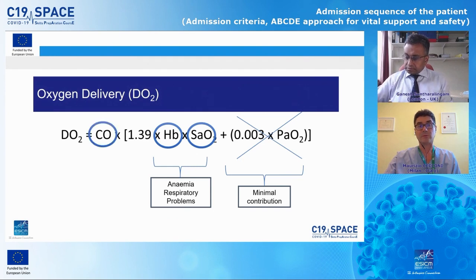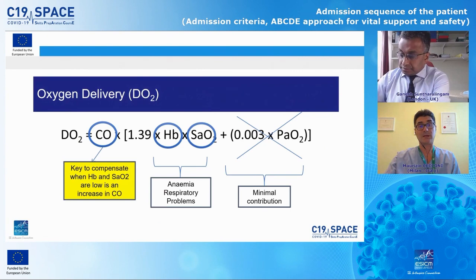But cardiac output is a very important variable in this equation because it is one of the variables that probably can be manipulated and can change the most. Because for the saturation, even if we give oxygen, even if we reach 100%, we cannot go any higher than that. And for hemoglobin, we know that we cannot overtransfuse our patients. So when there is a higher need for oxygen, the change in cardiac output is probably one of the most important keys to compensate in situations where there is an increased need for